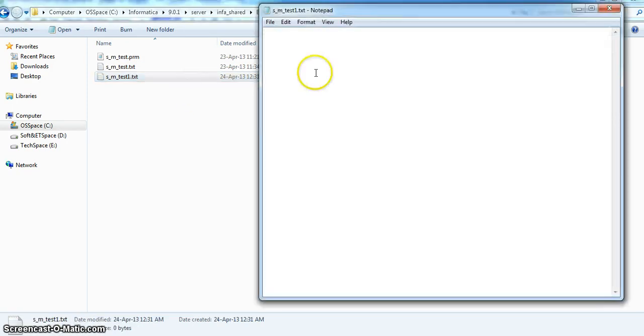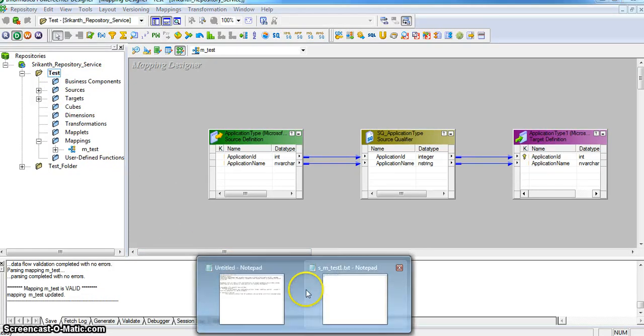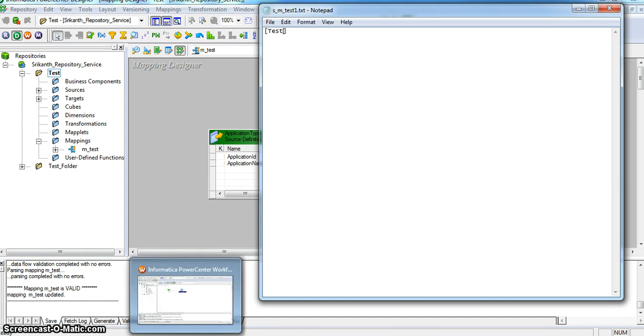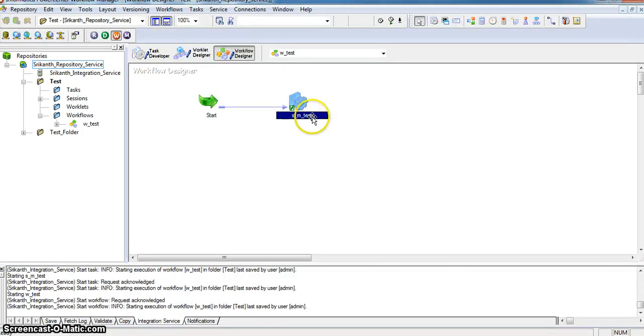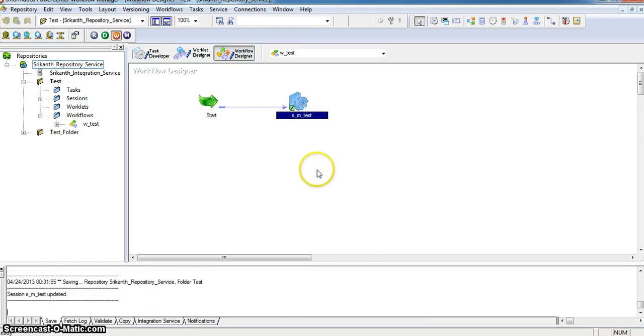Opening the file. Here my folder name is test. And for this mapping I have created a session, that is s_m_test. I am refreshing the mapping, saving it,